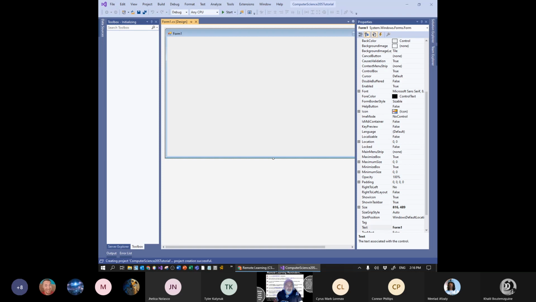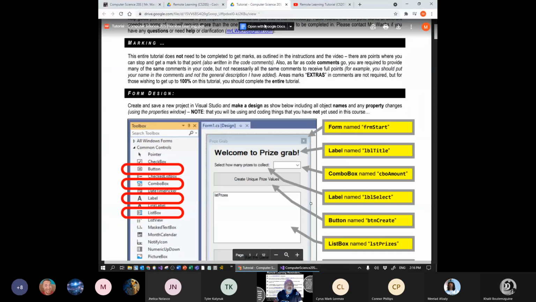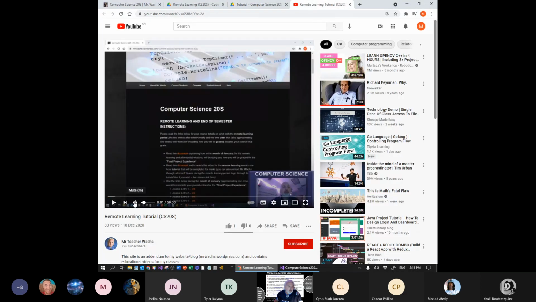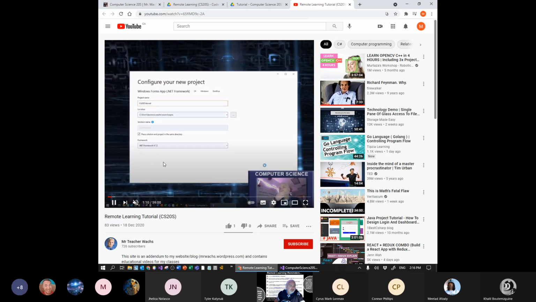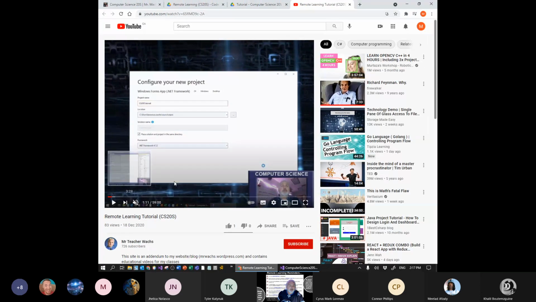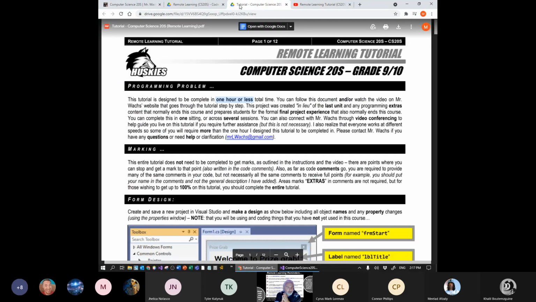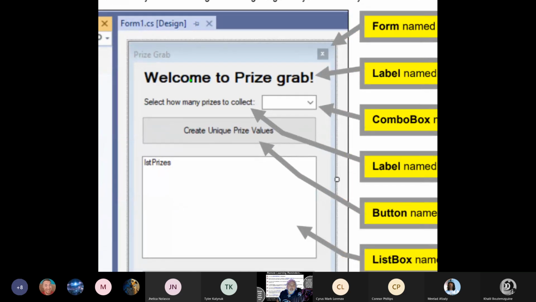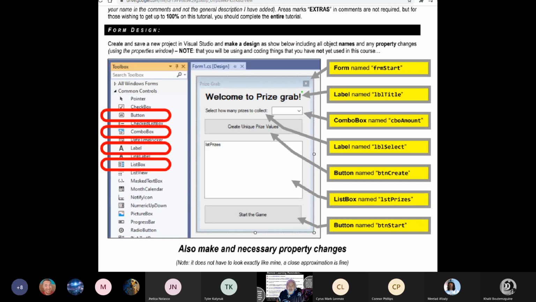Okay. So here it is. It's my design. So now, like I said before, I could read through these instructions here, or I could follow along on the video, which is silly now. I'm showing a video on a video, but here you see in the video where I did exactly the same thing I'm doing now. I created the tutorial and then got started on it. So I'm going to use these instructions right here, okay? And I'm going to scroll down and it says form design. It says create a Visual Studio project and make this design. So what I've given you is a look at what it looks like. I've told you what they are, things like